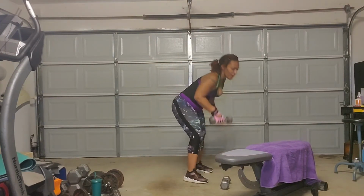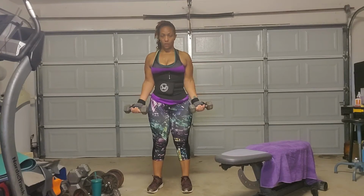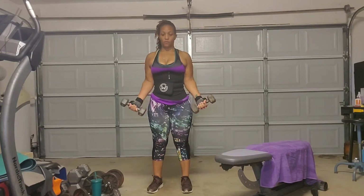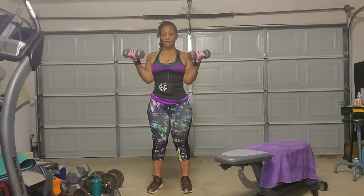So I'm gonna use my 10-pound weights. Holding my weights in hammer, which is palms facing in. Then I'm gonna twist. 1, 2, 3, 4. Your elbow should be in tight, because all you want to move is your forearm, which is working your biceps. 5,